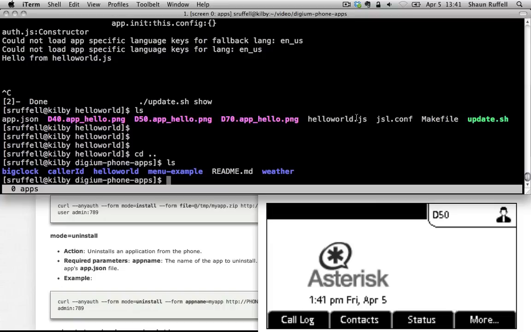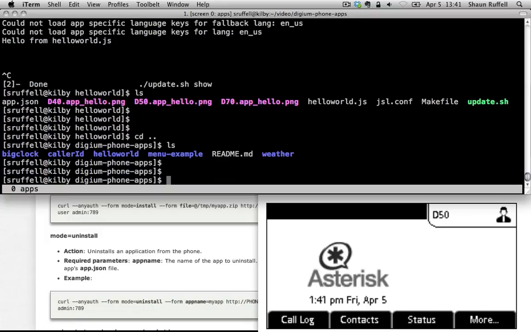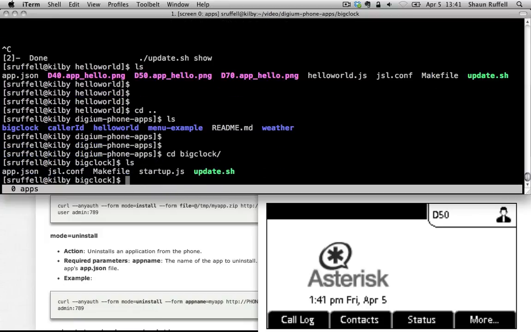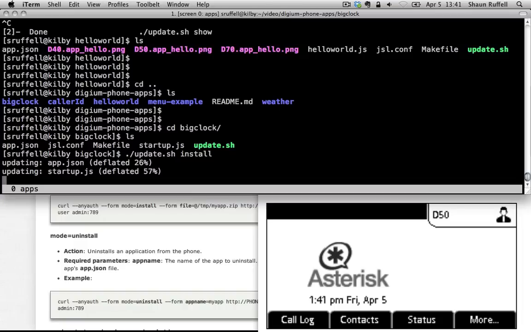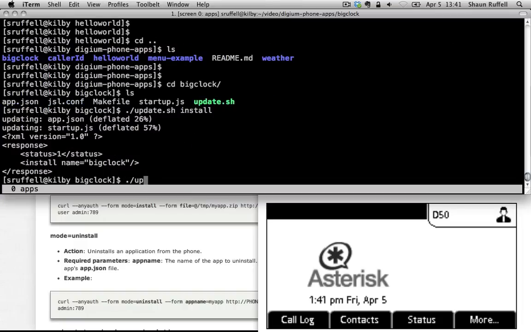If you're going to use an app that displays ambient information, where you just want somebody to be able to glance at their phone when it's otherwise idle and see some information, you'll want to use the idle screen application. The example of that is this big clock application. If I install that on the phone, you can see what it will do in the bottom right hand corner. And if I start it,